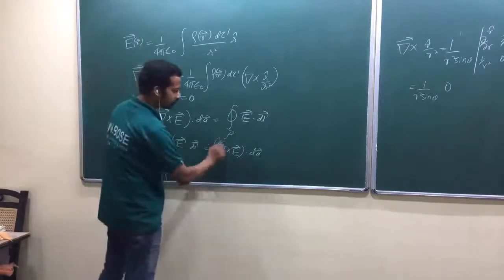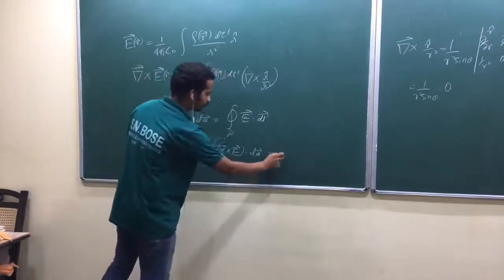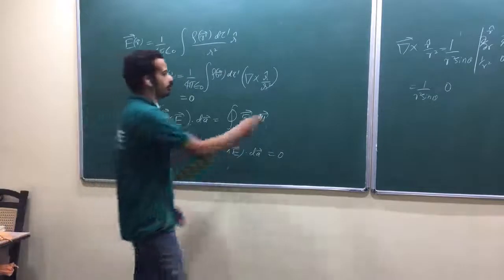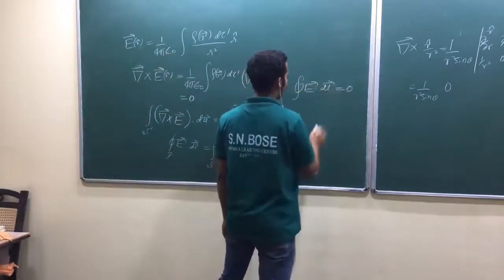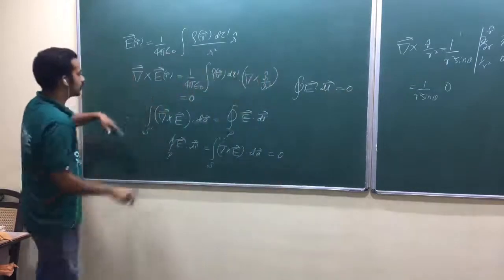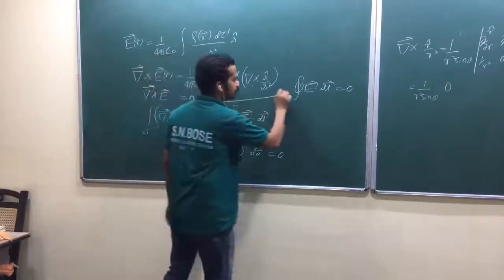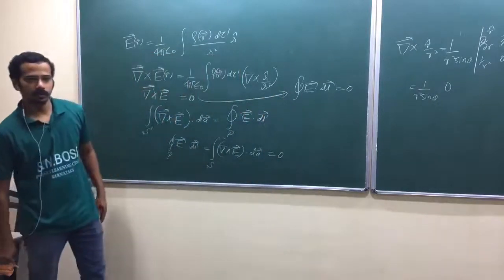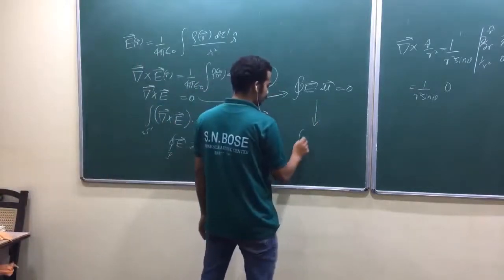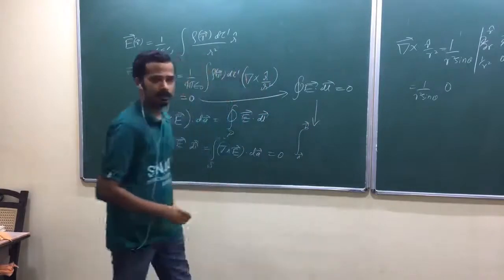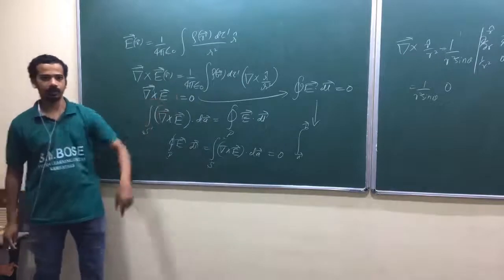Is that okay? Now look at here. Whatever the surface you take, this is 0. Am I right? So whatever the inside quantity, that itself is 0. This is 0. What does it say? Closed path integral of E bar dot dl bar is equal to 0. I told this one. Once these are equivalent, am I right? Del cross E equal to 0. That means this is equivalent to this one, closed path integral equal to 0. Once closed path integral is equal to 0, what is this equivalent to? Open path integral is independent of the path, isn't it? It depends only on the endpoint.